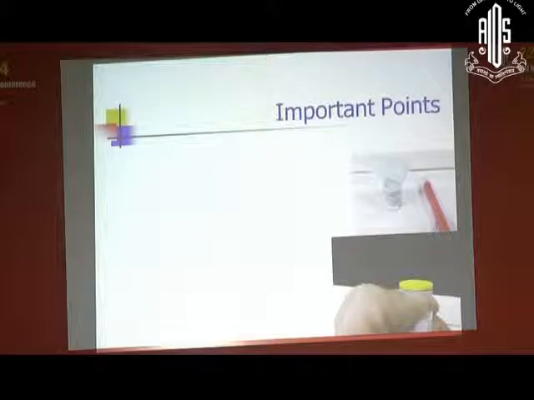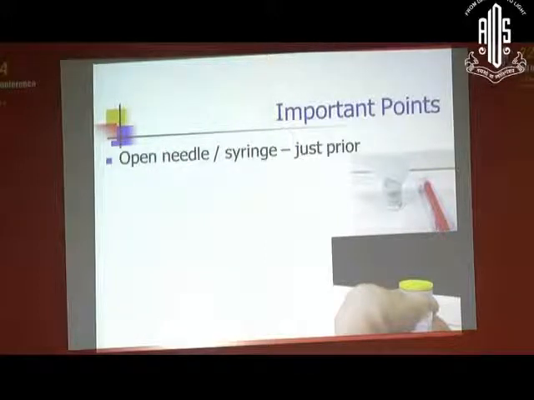Couple of important points before I conclude. Whenever you are preparing that syringe, the needle, just open it just prior. I don't want you to keep flushing the needle and plunger like this, because you are taking a lot of room bacteria inside and some microbe may get stuck. So whenever you have done everything, at the last step, take that needle and don't keep flushing those syringe needles. Just prior to giving the injection, take a needle, and the only motion I do is outside, not pulling it inside. So you should not pull any room air inside.